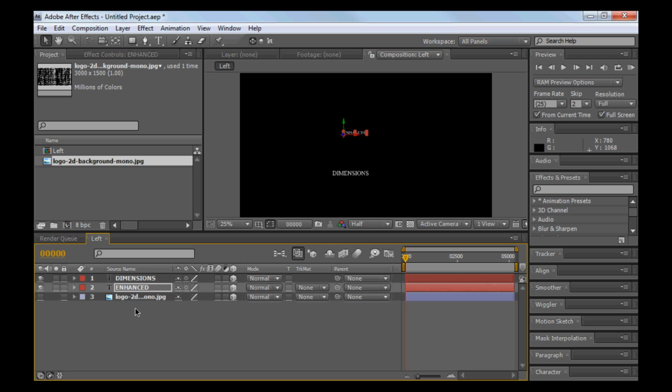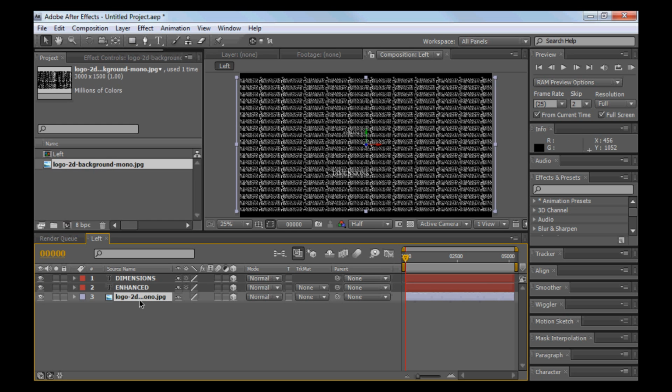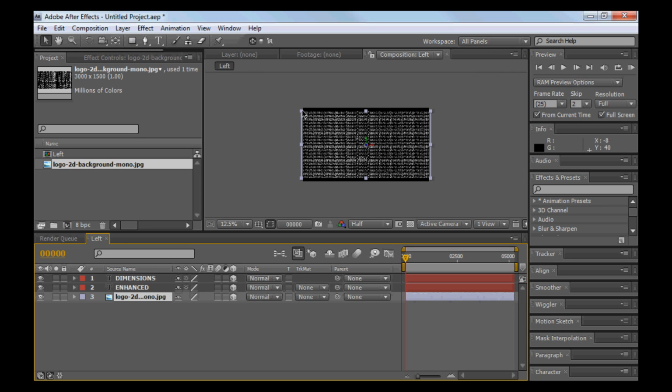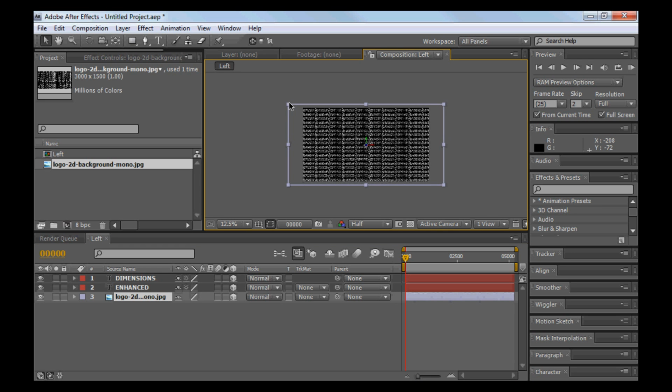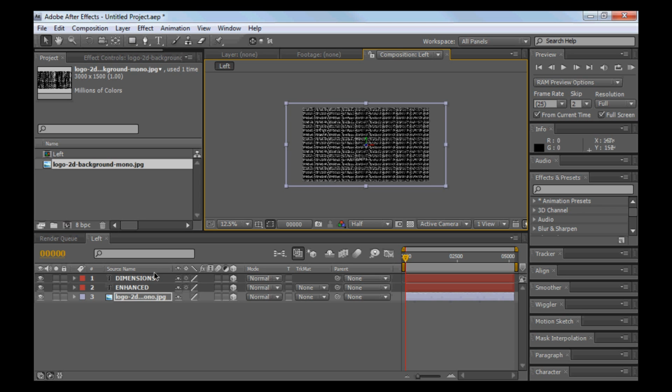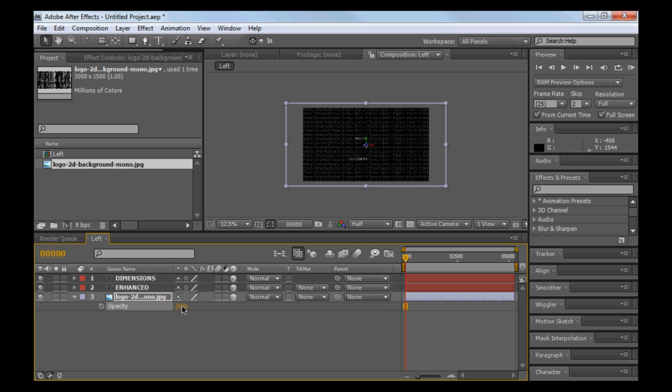So I'm going to switch that off again. You can now see that we've started to create things in depth, but without the stereoscopic effect you can't really see them. Now the background image, I'm going to firstly scale this up. If you hold the shift key, it'll scale it in proportion, just so that it fits there. I'll make it a little bit bigger than we actually need, and I'm going to switch the opacity of that to something like 30%, so that it's not going to be overbearing in terms of all the other